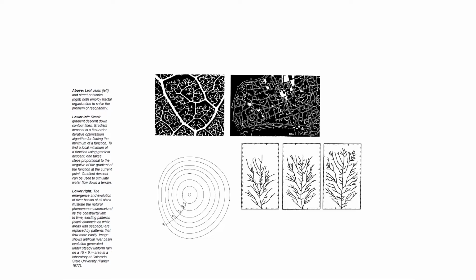So here again we have the same problem of reachability like in the leaf. I have to be able to get from my house out of the city. It would not be good if there were a network of streets that were cut off from the rest of the city. I have to be able to reach any point in the city from any other point, so everything has to be connected, but again in an efficient way. So here you have an urban problem of reachability in urban networks,